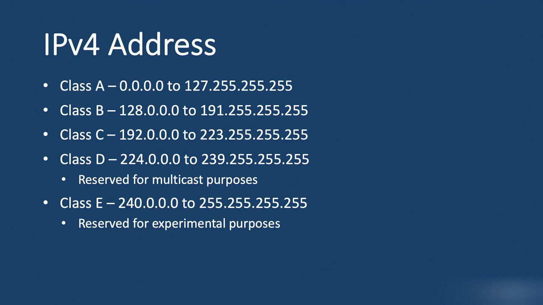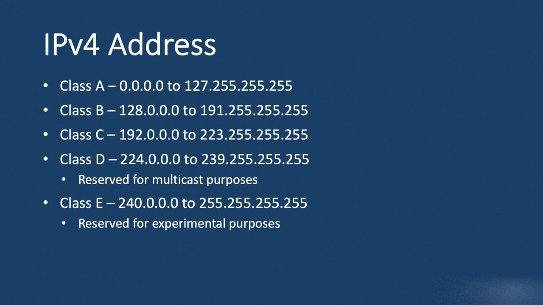So if you want to assign an IP address to a device, you would have to choose from Class A, Class B, or Class C. Now within each of these classes, we have some IP addresses that are reserved. We'll talk about that in the next slide. If you're wondering why we stop at 255.255.255.255, remember the IP address is a 32-bit address and it's binary bits, so it can only have zeros or